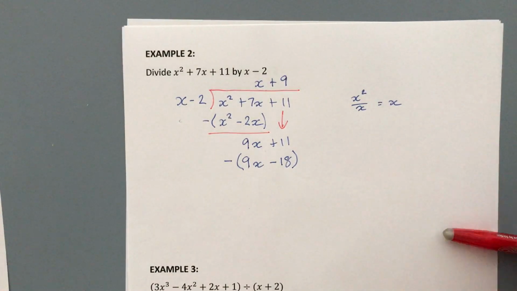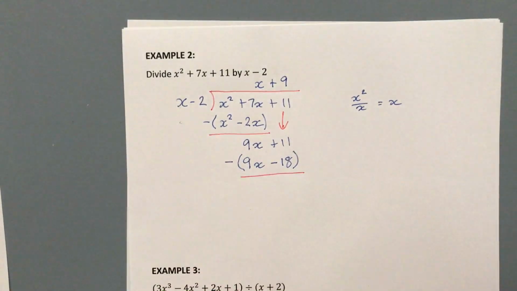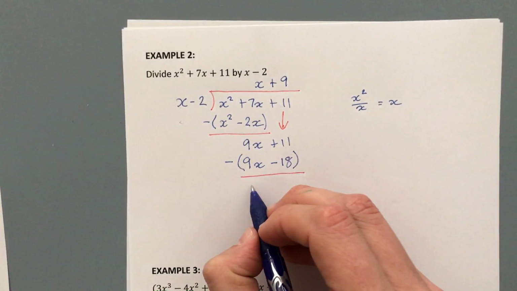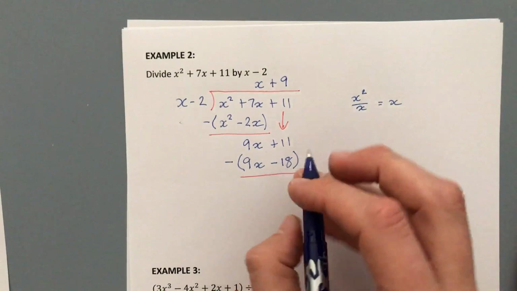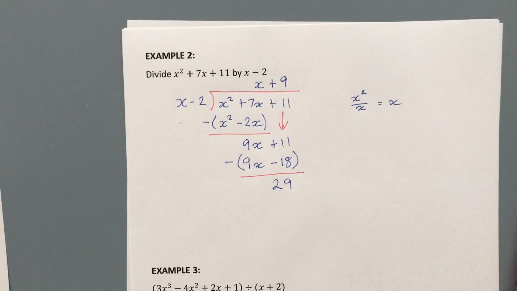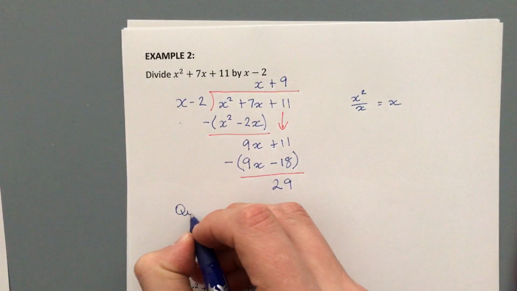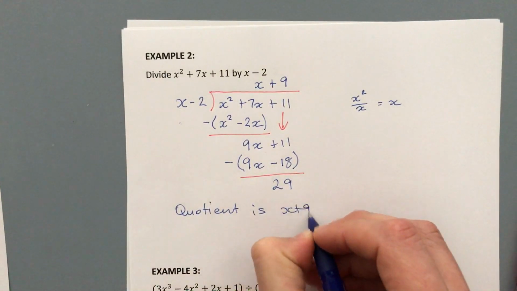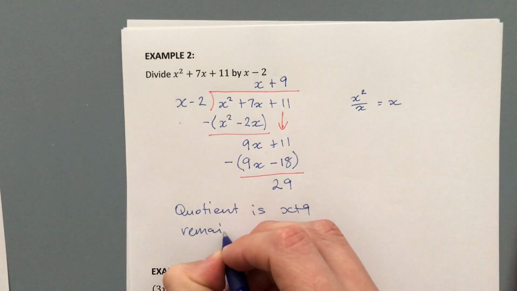And we're taking that particular factor away. Minus 9x cancels the 9x out. Minus 18 is a plus, so this becomes plus 18, which gives us 29. And we're at the end of this particular division now. What you've got here, your quotient for this particular division is x plus 9. Your remainder